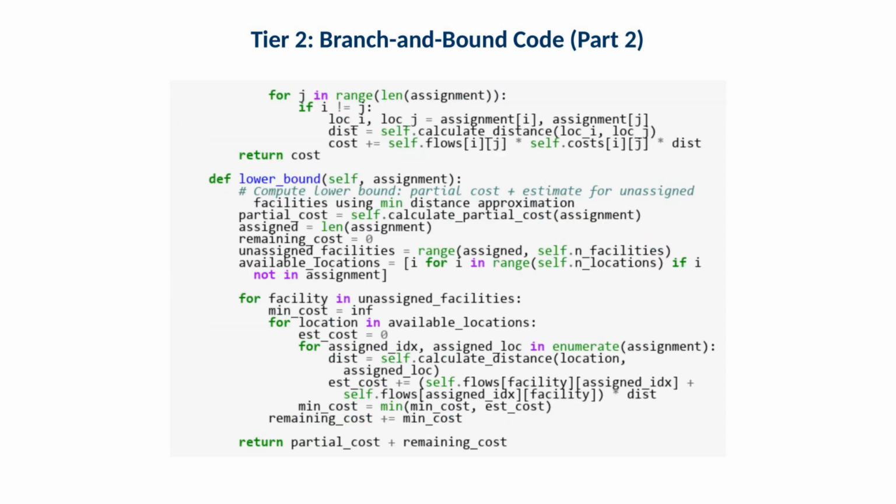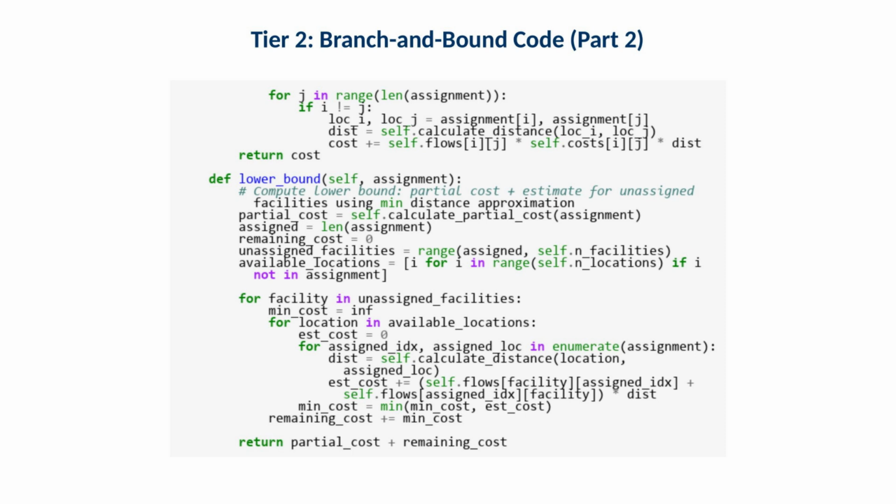This portion defines a lower bound calculation. It combines the cost of the current partial assignment with an estimate of the minimum additional cost needed to place remaining facilities. The goal is not to be perfectly tight, but to be informative enough that many unpromising branches can